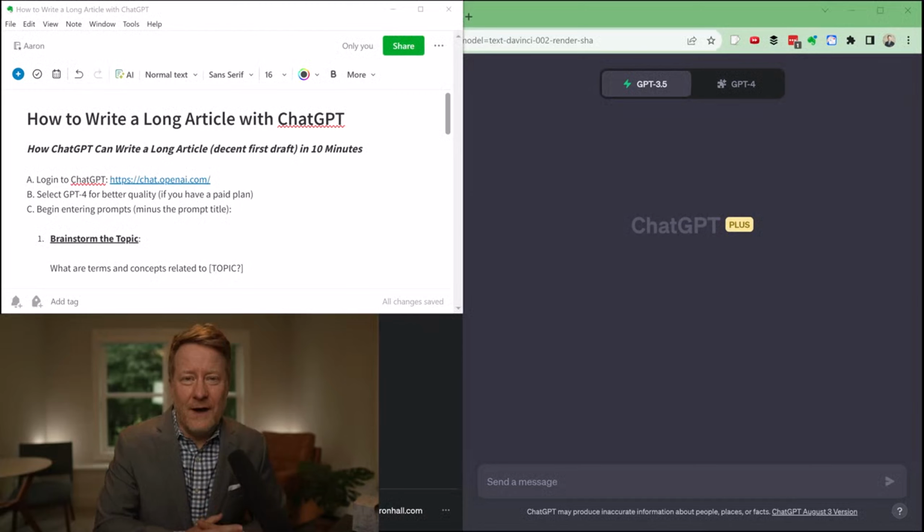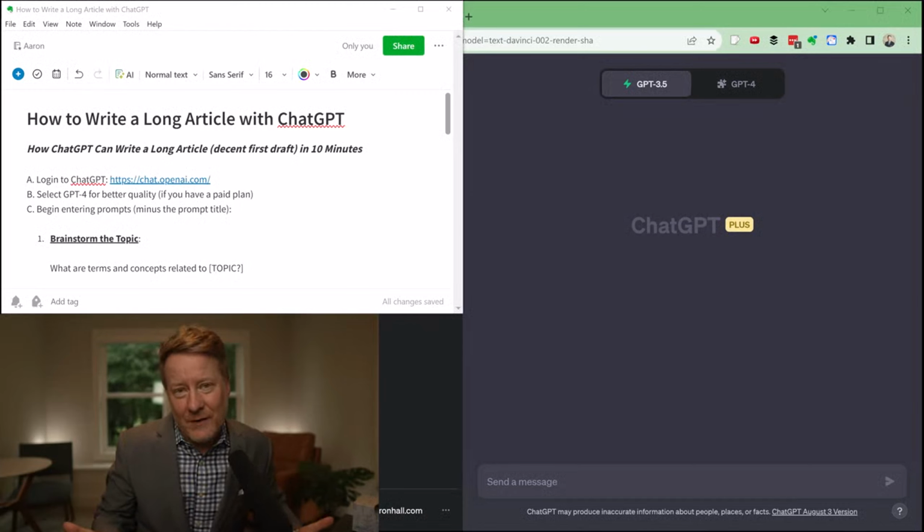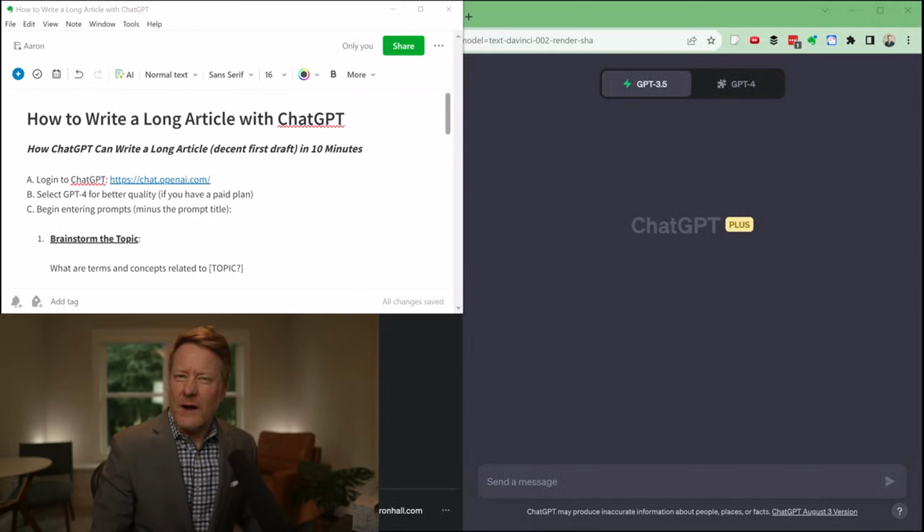So I've spent a lot of time, because it's a hobby of mine, to understand AI and prompt engineering. And I thought I'd share a quick and easy way to generate high quality articles using ChatGPT. It's a series of prompts, and I'll walk you through it. There are also some optional sections here, but I can do this in about 10 minutes. In fact, it might even be closer to 7 minutes. But this video will be a little longer because I'm going to explain how to do some things and what some options are.